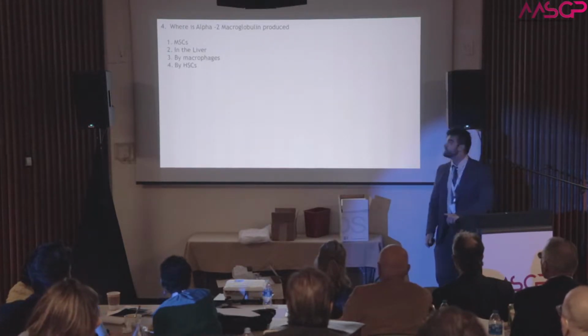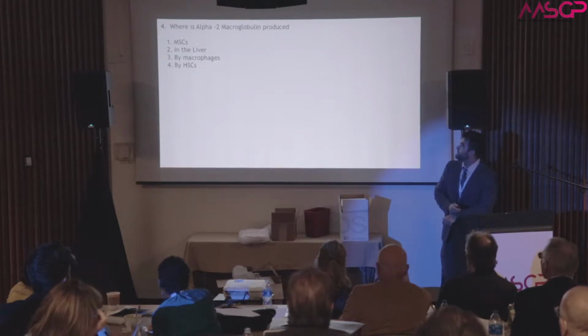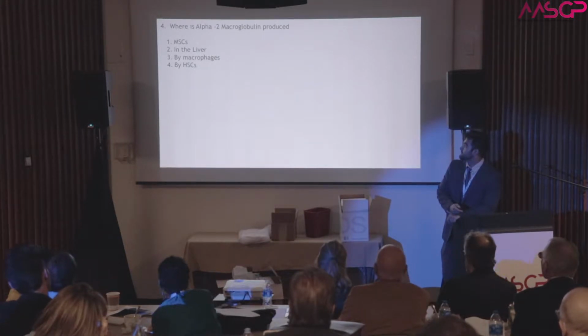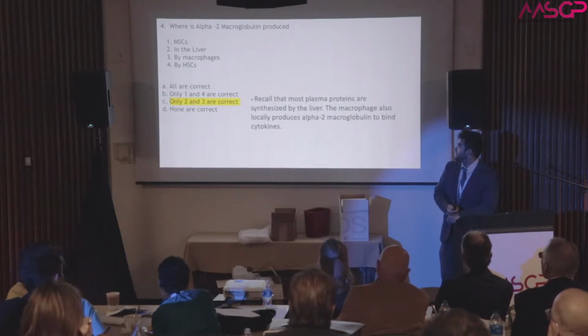Where's alpha-2 macroglobulin produced? This is another important question. You know that most proteins are produced by the liver, but in this case, macrophages are involved with alpha-2 macroglobulin. You can remember that with the M, and you know that you're looking for two things here, alpha-2, so liver and macrophages is going to be your answer. Macrophages locally produce alpha-2 macroglobulin, which acts as a